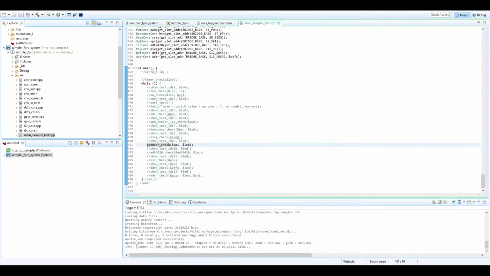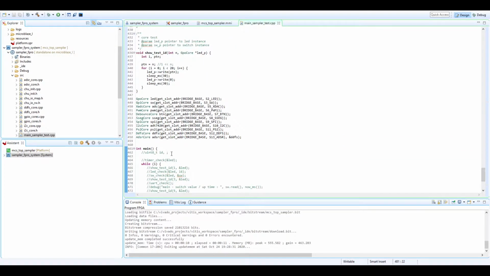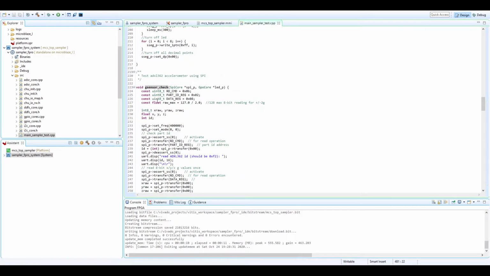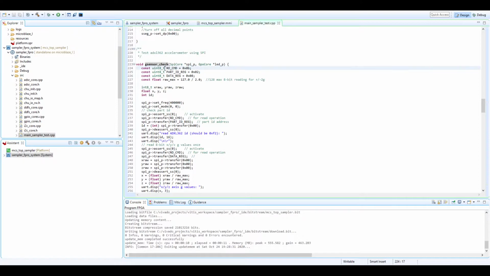Now we move into testing the SPI core utilizing the accelerometer, the ADXL. So let's see that program. Okay, so the program is called G sensor check. And if you go and check it to see what it actually does, you'll see it defines a few